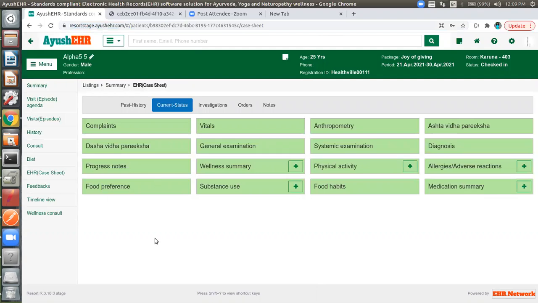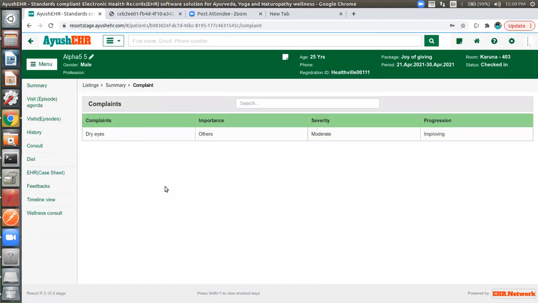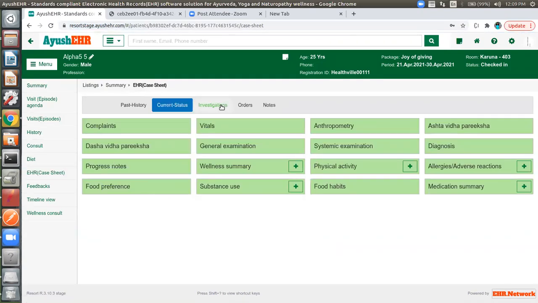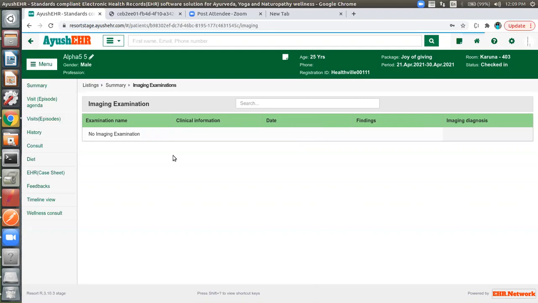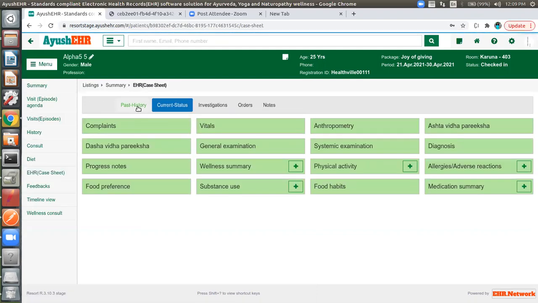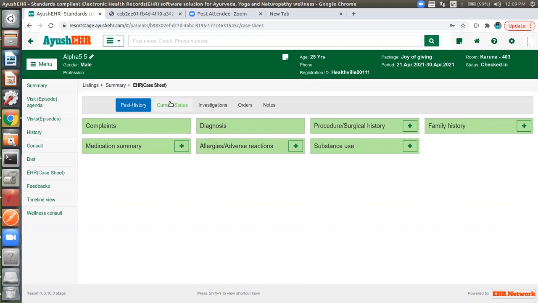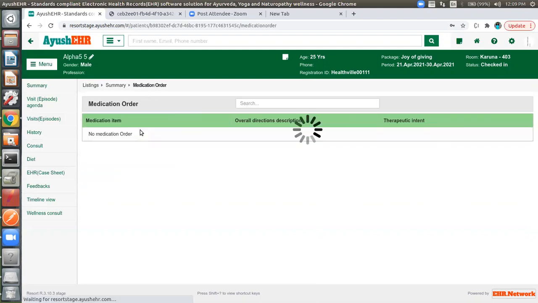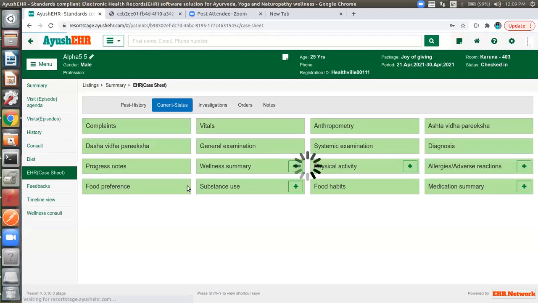Irrespective of the visits, we can go to this EHR where they can see all the complaints for this guest or patient. Here we can see all the complaints and all the clinical-related information. So again, I created the imaging exam results. Okay, so we can see all the information here, such as the medication orders if they have created them. Yes, and the tasks assigned to a patient or guest